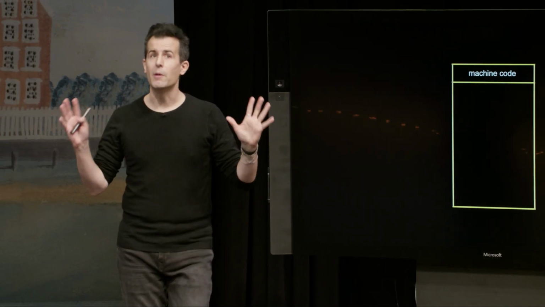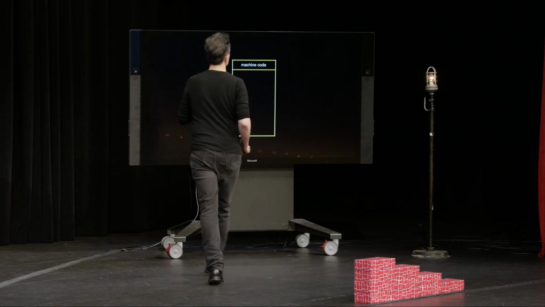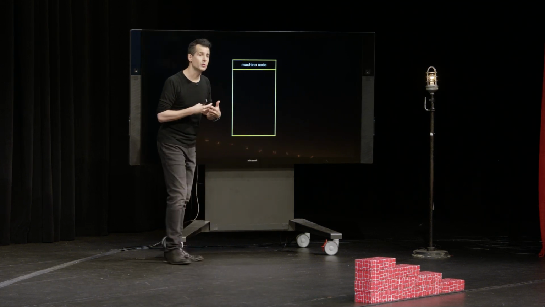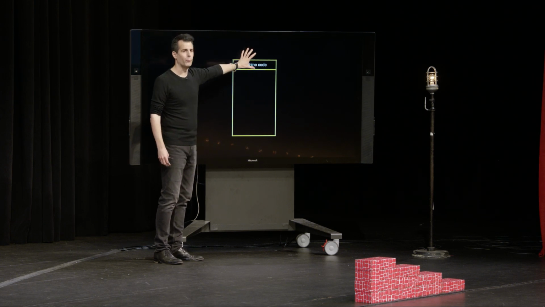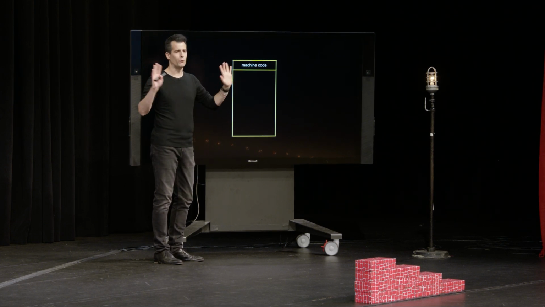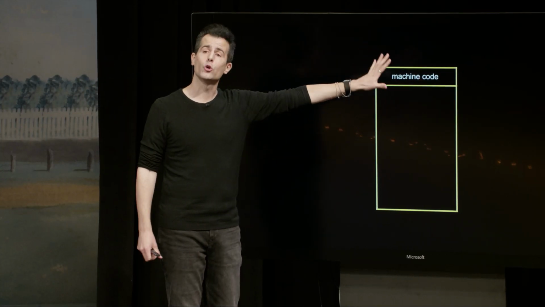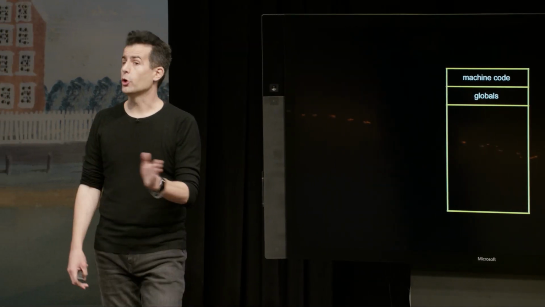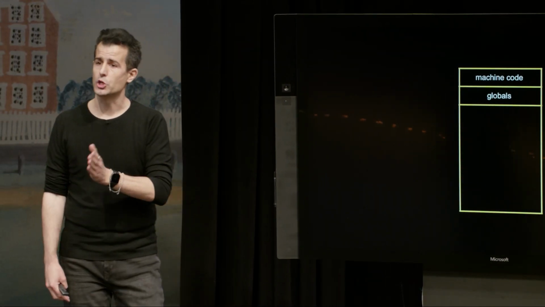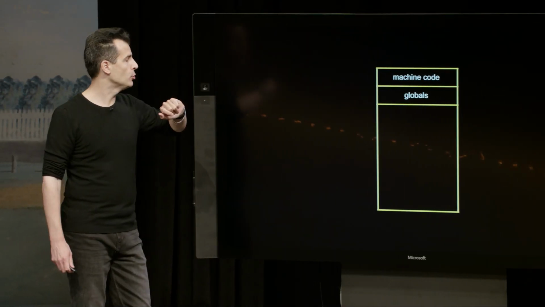So if you think metaphorically of your memory as this rectangular region, then the machine code, the zeros and ones composing your program, are loaded into the top part of memory. And again, top, bottom, left, right, it has no fundamental technical meaning. It's just an artist's rendition. But it does go into a standard location. Below that are all of your global variables, or your constants that you put outside of your functions. Those are going to end up just below the machine code, so again, at the top of your computer's memory.